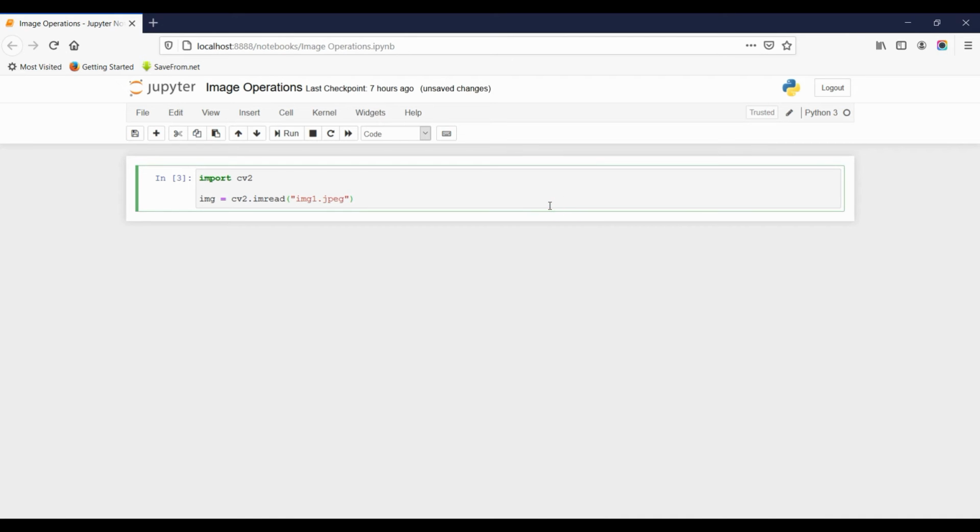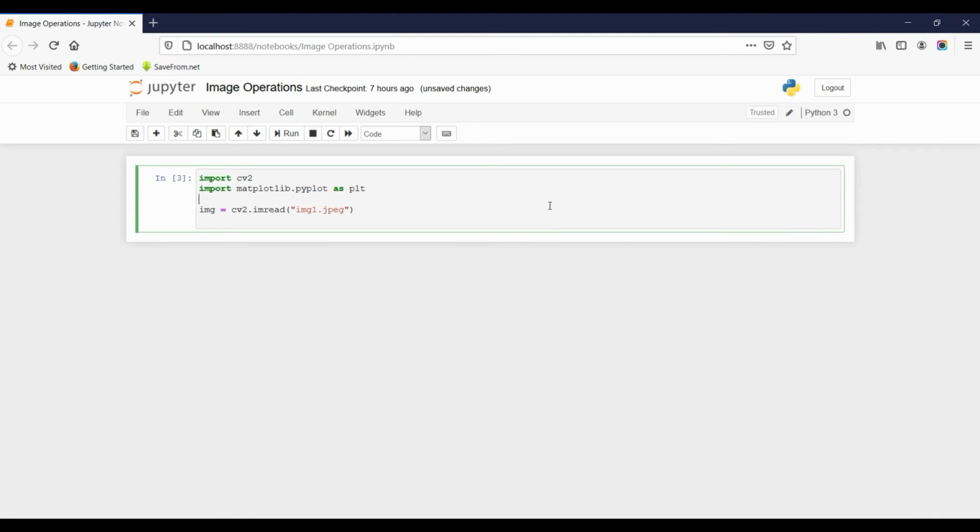There is no error. And now to display the image, here I am showing you another way using matplotlib.pyplot as plt. So here I am going to show you displaying an image using matplotlib.pyplot. So plt.imshow.